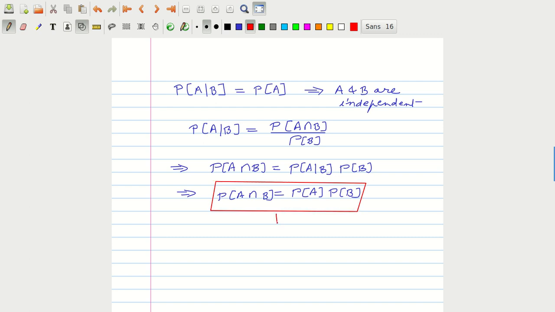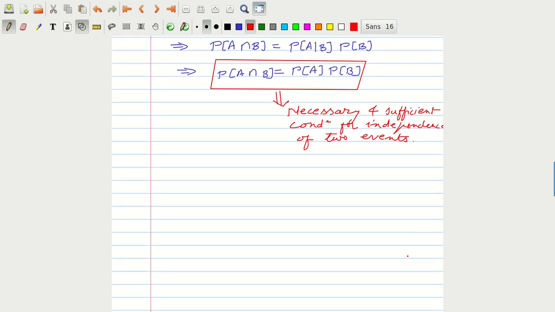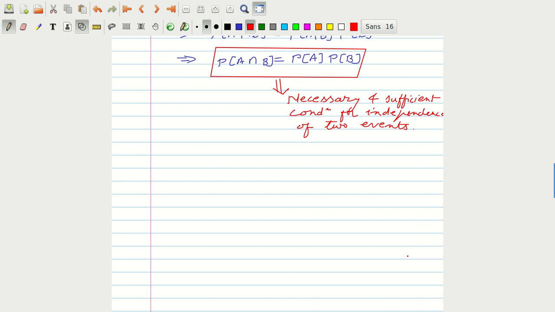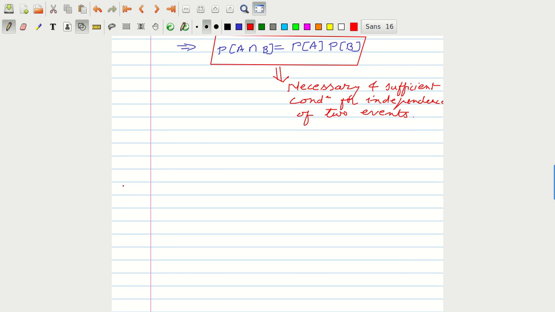Indeed, this relation gives the necessary and sufficient condition for checking the independence of two events. That means two events A and B are independent if their joint probability is equal to the product of their individual probabilities. This result can be extended